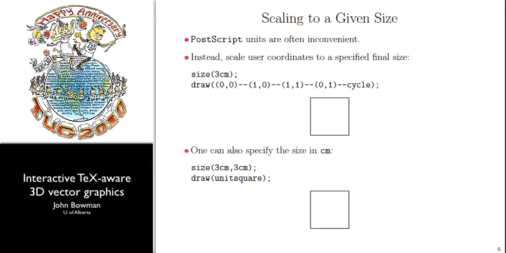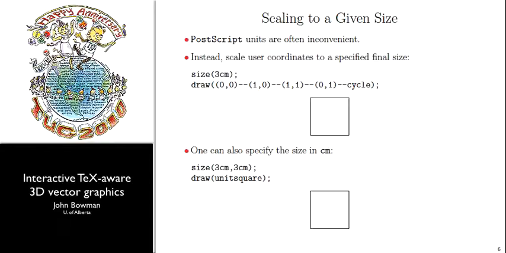However, I want to point out, so far everything's like MetaPost. But here's what's different than MetaPost: I find PostScript units pretty inconvenient as a mathematician. I like to work on a unit square, something like that. So here's a unit square. That's the same. Rather than having to hard code numbers like 100, 0, I can use my preferred